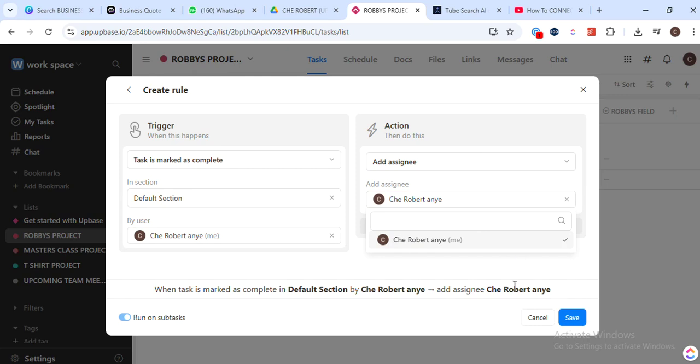After setting our actions, we're going to add conditions. These are specific criteria that determine if the automation should run. Maybe the automation only applies to tasks with a certain tag or within a certain project. This is a crucial step because it allows us to control the scope of our automations, making sure they're applied